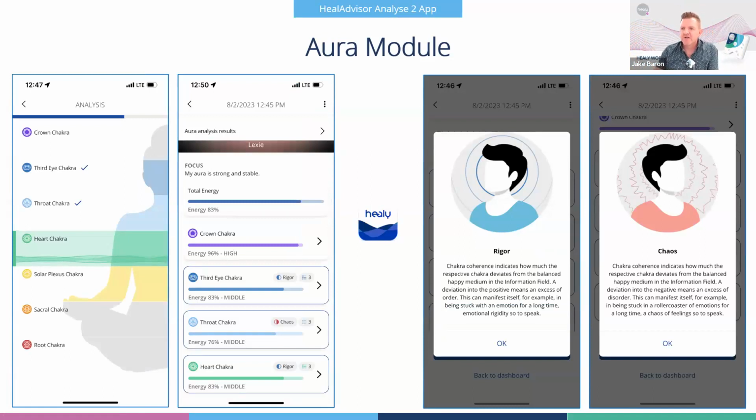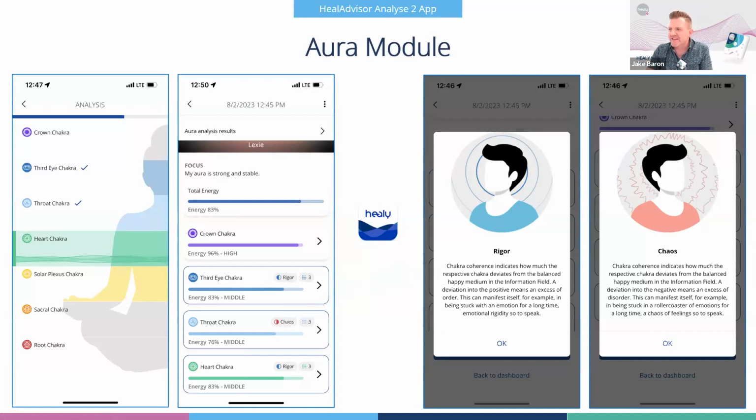And then also, if you're going through this, this here is where you can edit the number of results if you've enabled the advanced settings. But you might have seen some of these terms. You say rigor, what does that mean? Chaos, what does that mean? You'll see here on the right side, if you click on those, again, click on everything. If you're not sure what it is, just click on it, see what happens. Something might pop up.